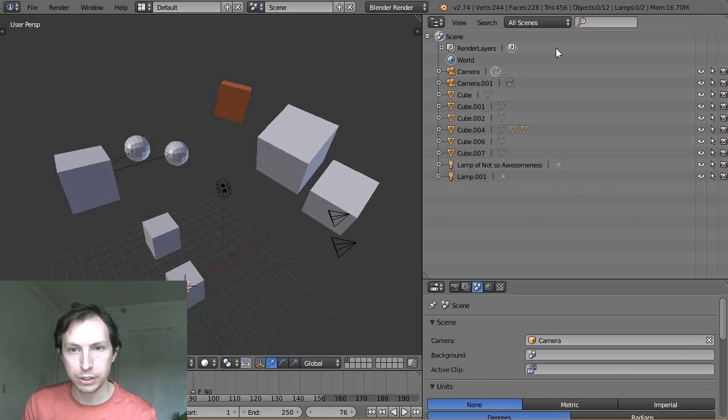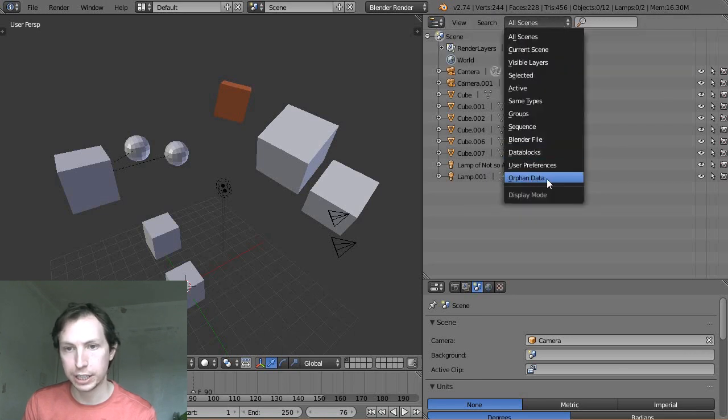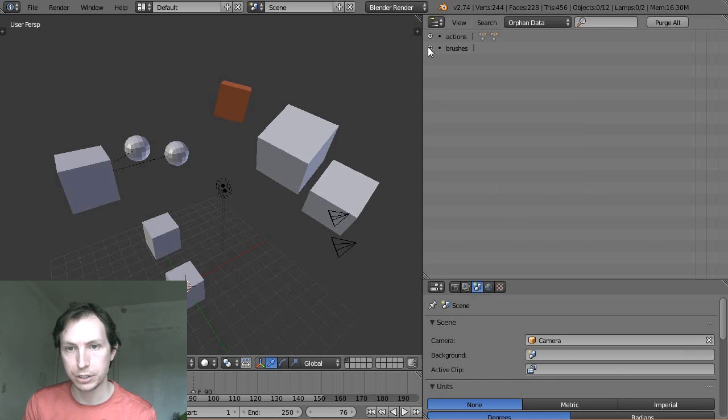And one of the things we've got is to be able to see our orphan data. So if we just click on that, we can see that we've got these brushes and we've got these actions as well. We added some actions before with the toggling the renderability on, but we've since deleted those, and you can see there they are. So something that we can do is we can actually save them by clicking on the little X's, and now they've been essentially, it's like putting an F, which is kind of like forcing to not, even though it's not got any users, it's basically going to make sure that it doesn't lose anything when you shut